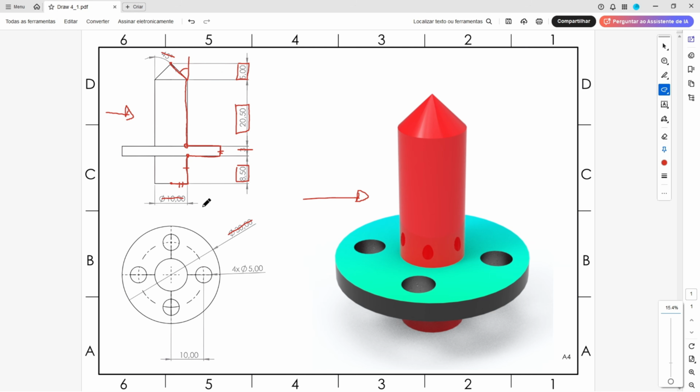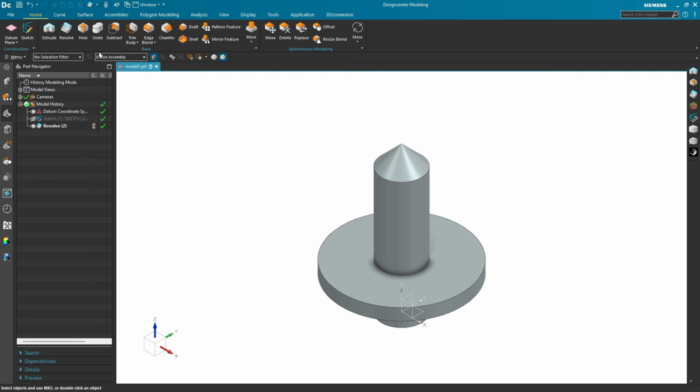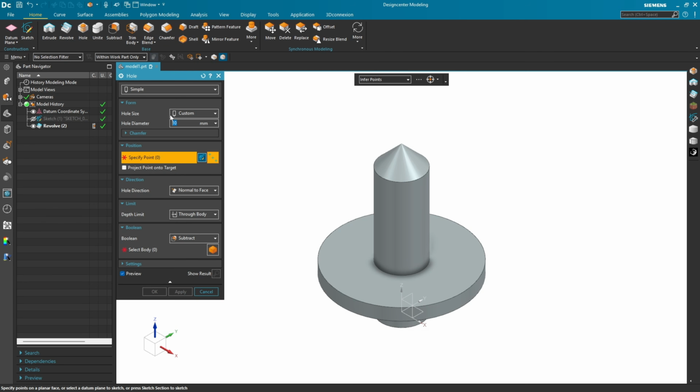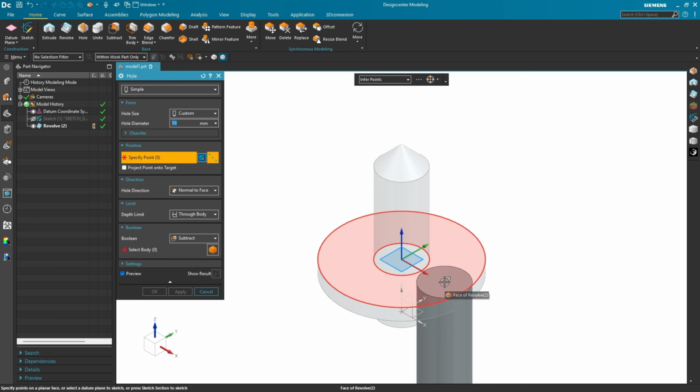in this part. We have 4 holes here, so the diameter of this hole is 5 millimeters, and the distance between the center of this hole and the midpoint is 10 millimeters, okay, and this hole is through all this body. So go to hole and select this face here,